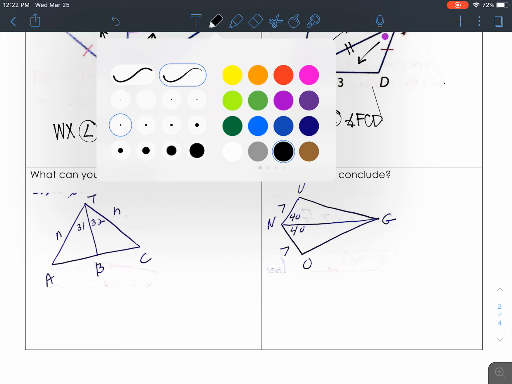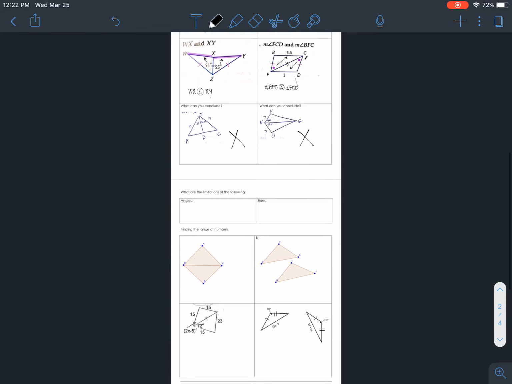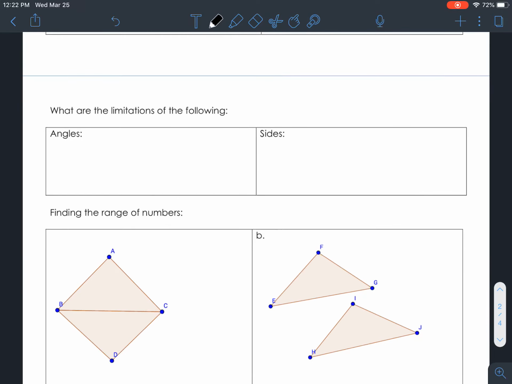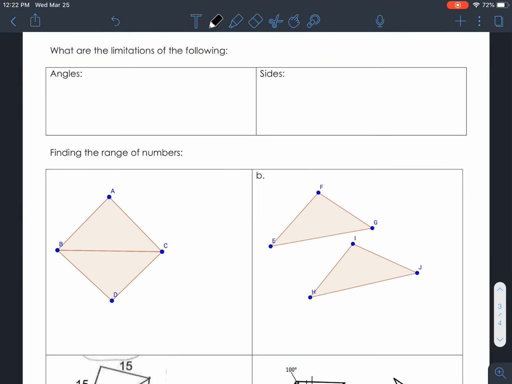They're the same type of stuff, so we're going to skip these next two. And we're now going to go to where it says, what are the limitations of the following? So these might be some of the tougher ones to conceptually understand at first. But you have to kind of use your brain on this, to make sure that what you're writing down makes sense with what you know about angles and